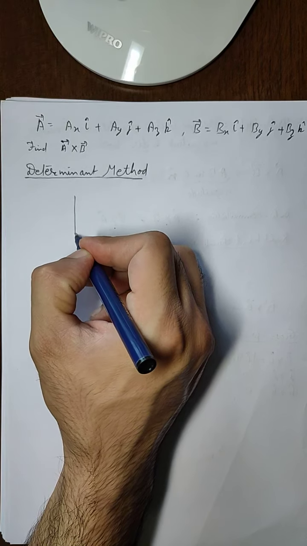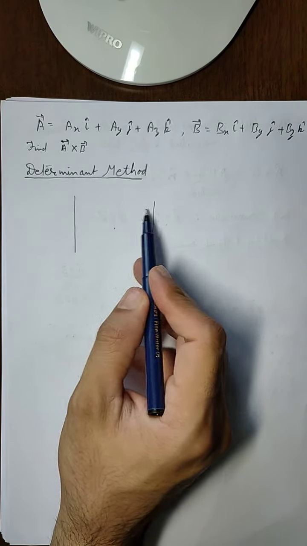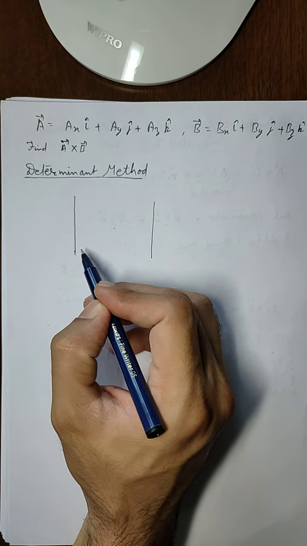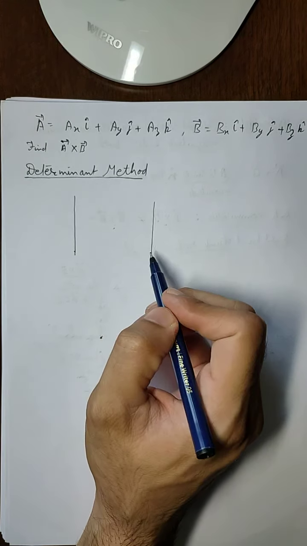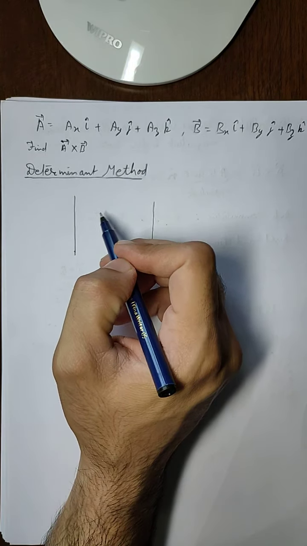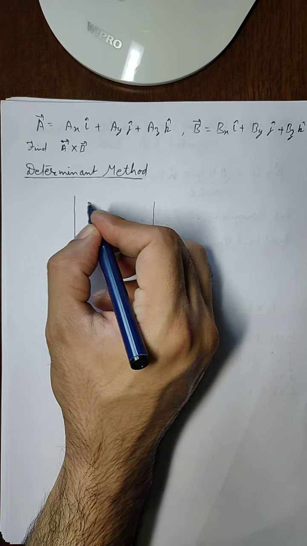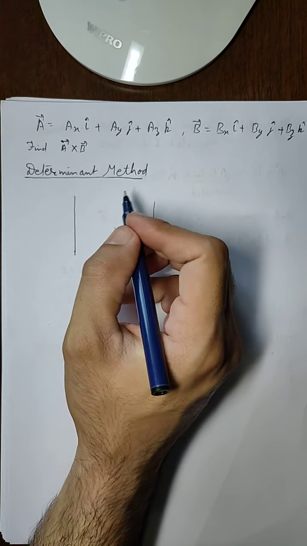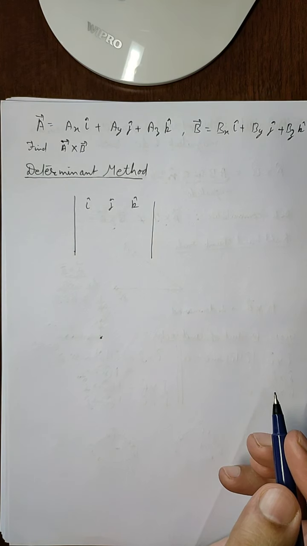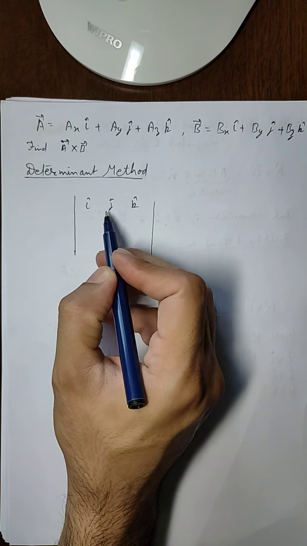And what is a determinant? A determinant is a quantity which is represented like this, and the quantities are written between two bars. Make sure that these are straight bars, just like we use in modulus, and between them we write the quantities. Now how do we write them? Just memorize them. So first, in the first row we are going to write the unit vectors. We have three unit vectors, i cap, j cap and k cap. We are going to write them like this. Below them we are going to write their respective coefficients.